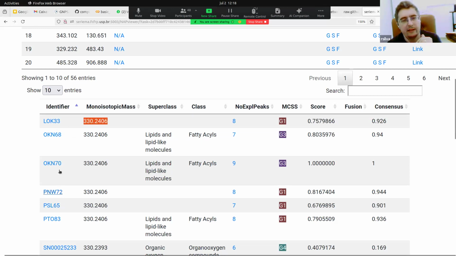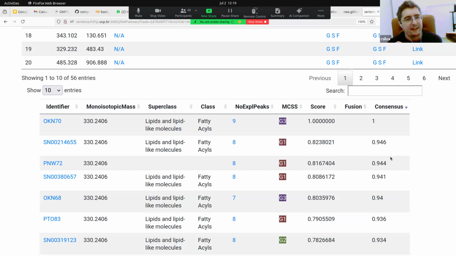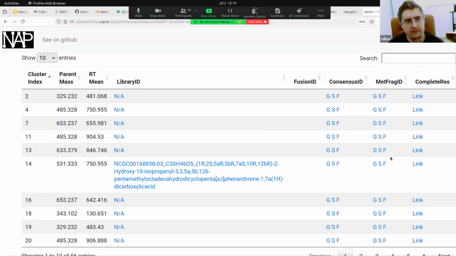And you have the original IDs for this candidate compound, class, and assignment. We also do something interesting on NAP: we cluster by structural similarity. So structures with the same code here are structurally similar. And one thing that we see on NAP and ChemWalker is that it's very hard to get the structure right, but the class assignment has a very good accuracy, right? We have up to 80% accuracy on class assignment. So even if we don't get the structure right, the class assignment is generally very good, right? So this is basically what